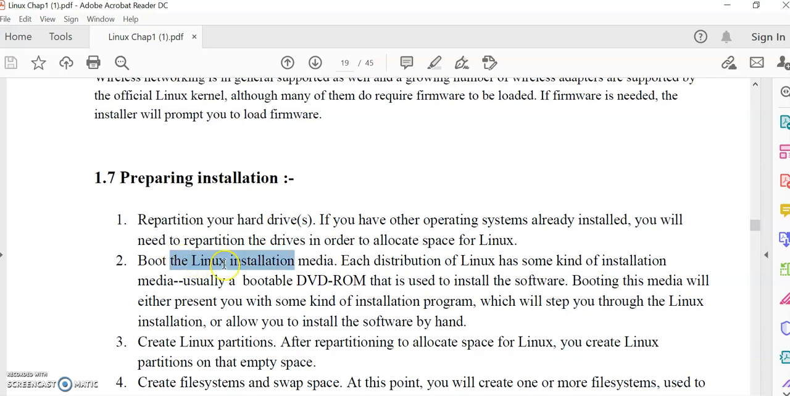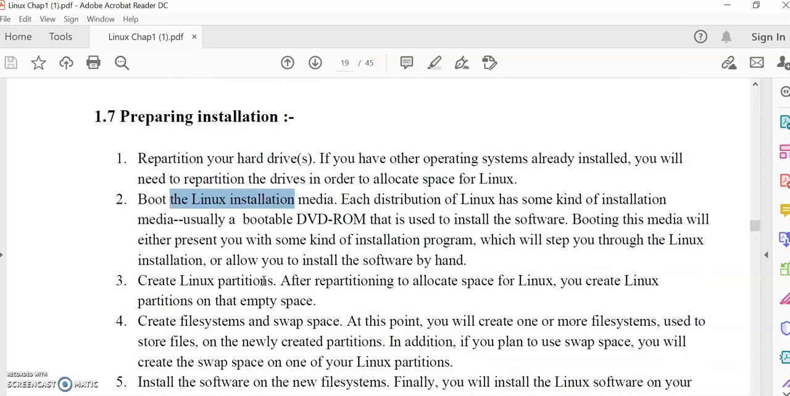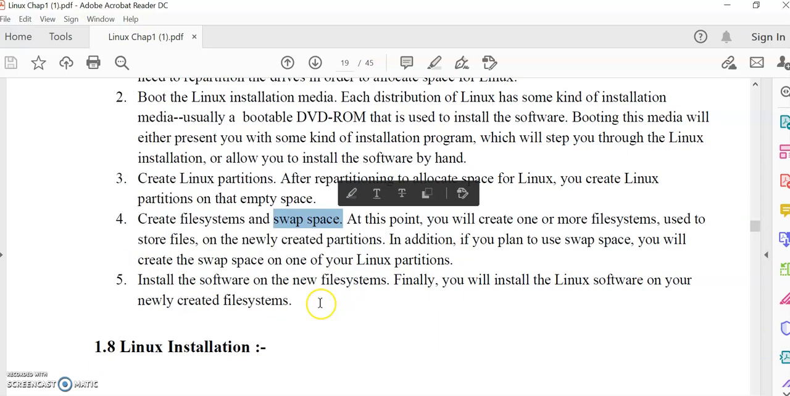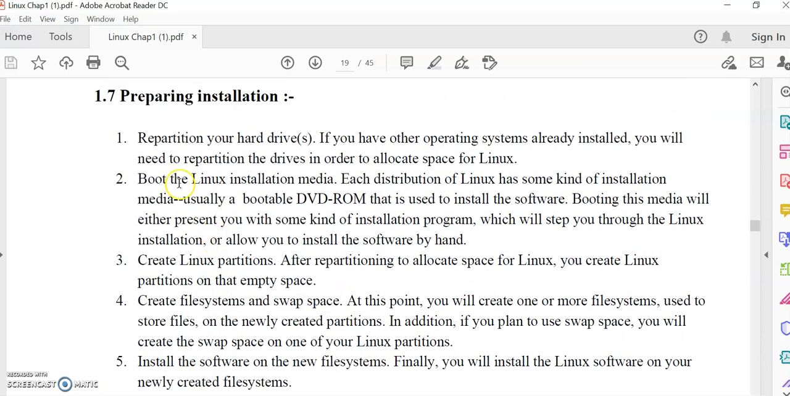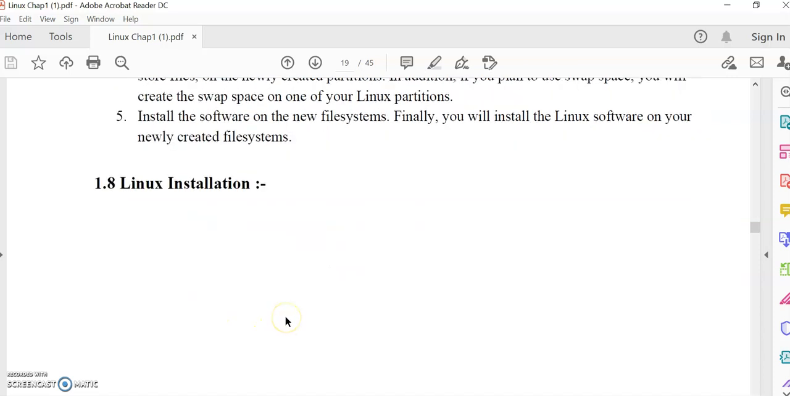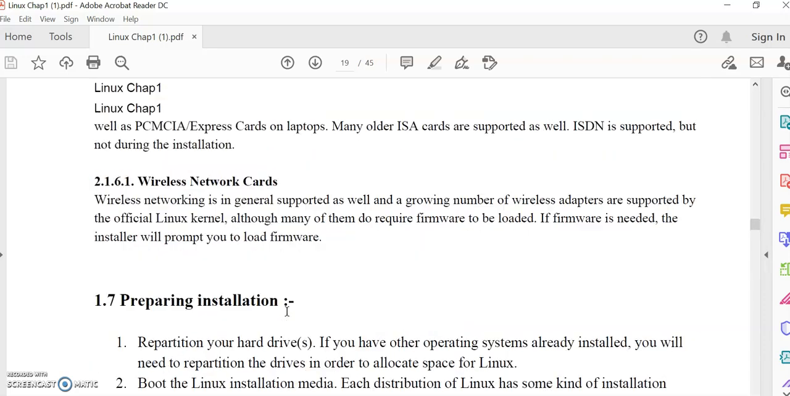And then after that, boot using any DVD-ROM or boot using any USB. Then create the Linux partition, primary partition, secondary partition, and then create a file system space and swap space. And after that, this installation has been completed, and then you can install the software. So let's see the Linux installation part. Now that will be covered in the next video. So I think up to this part